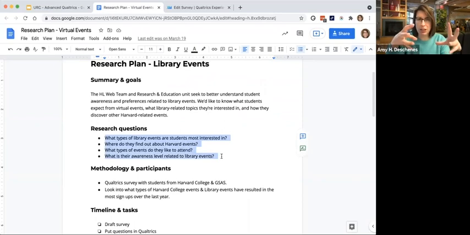So we created the questions and then we said, okay, what order of operations makes sense? We asked about, I think, Harvard events writ large first, because we assumed that most people know that Harvard offers events for students, but maybe fewer people know that the library offers events for students. So that required a little bit of context setting on our part. The first thing was something familiar, probably something they'd experienced in the past, asking about those Harvard-wide events. And then we got a little bit more narrow, asking about library events.